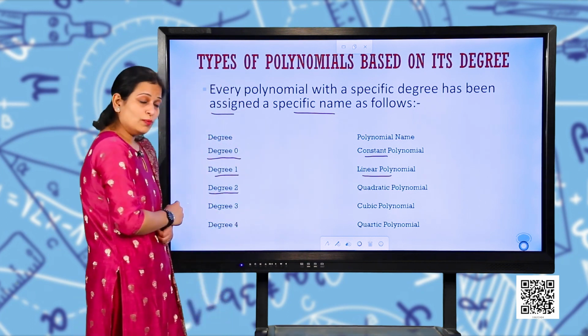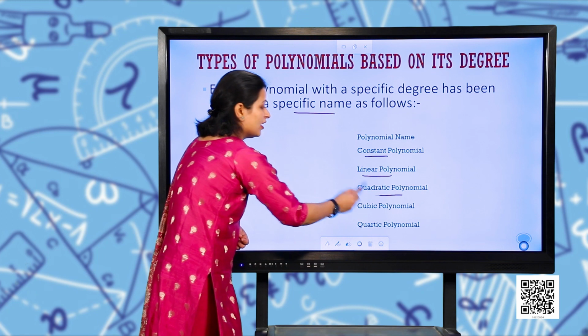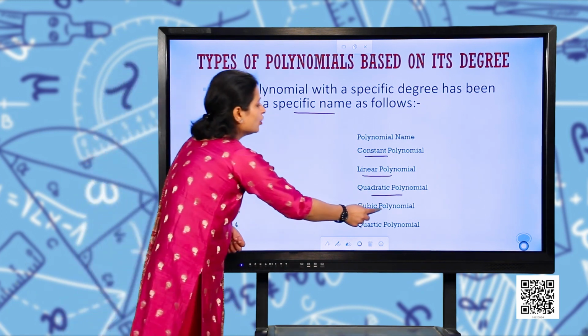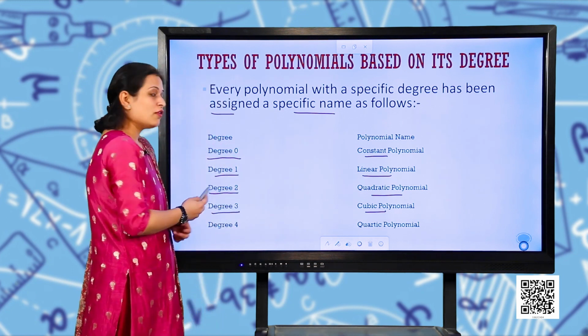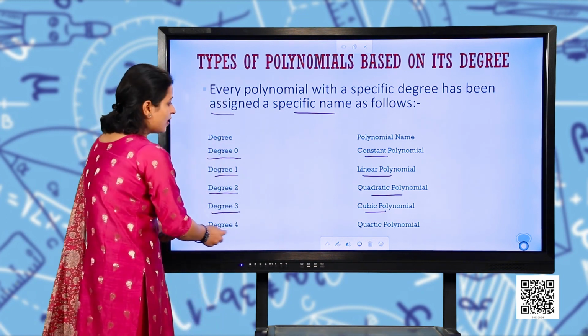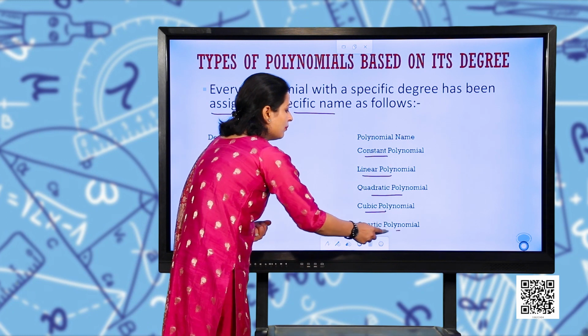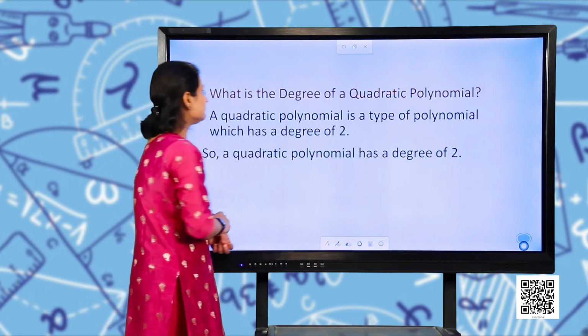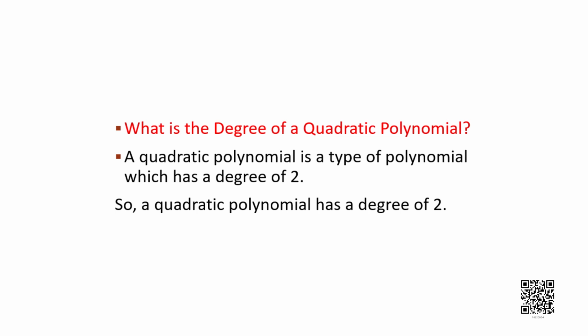With degree 2, it is a quadratic polynomial, and with degree 3, it is a cubic polynomial. Now, what about degree 4? It is a